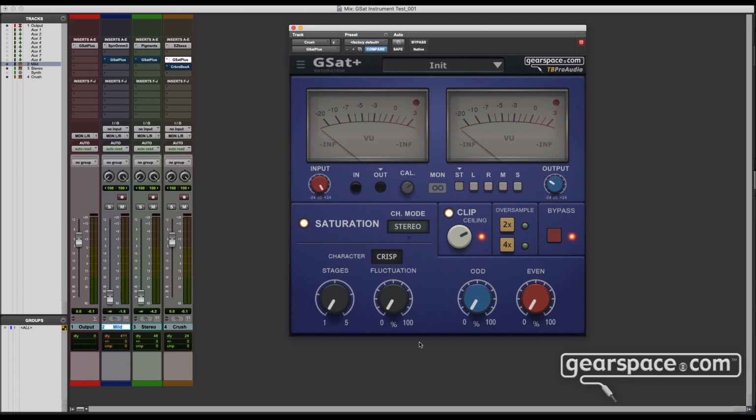Okay, so for our final example, it's all about the clipper. I'll be using GSat Plus as a heavy distortion unit to generate a fuzz-like sound, which you can use on its own, or you can follow up with a low-pass filter or a guitar amp simulation, which I'm gonna be